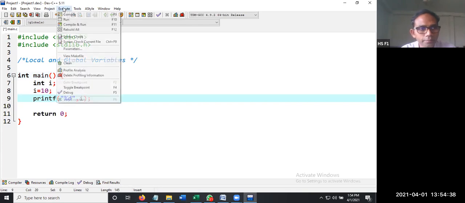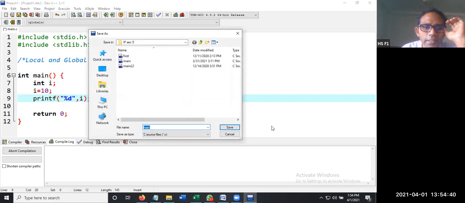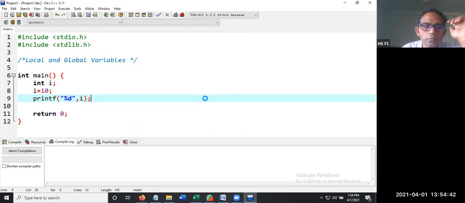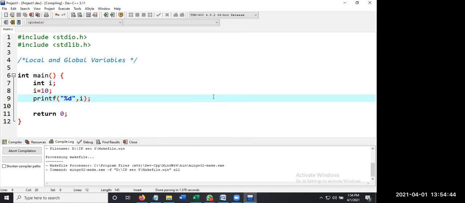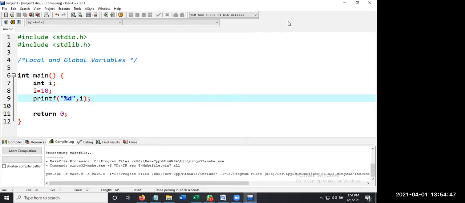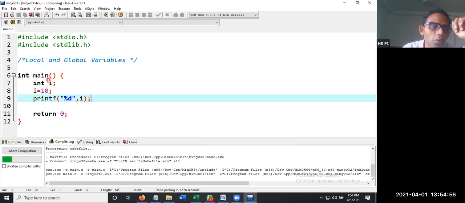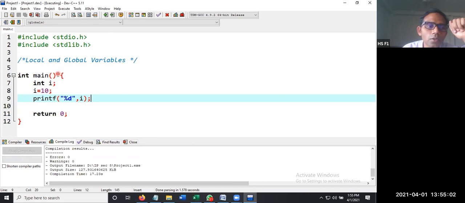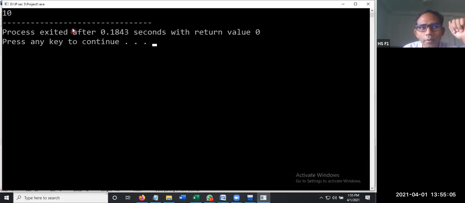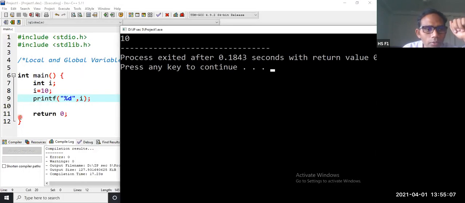Simple, straightforward. Now the I over here is a local variable to this particular function. The scope of I is from this opening flower bracket to the closing flower bracket. So the result is 10.